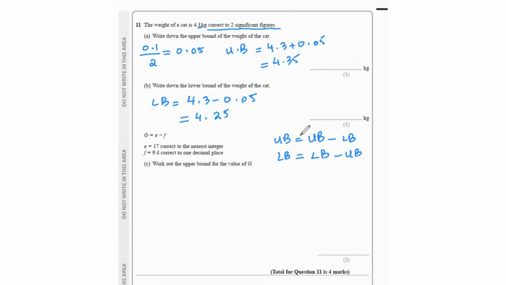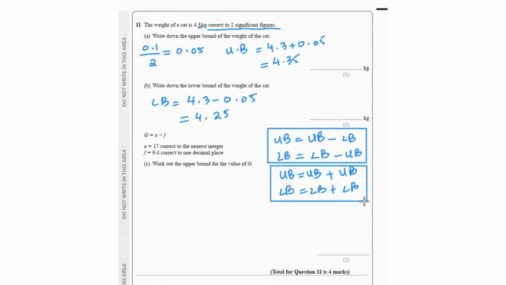If it was addition, then you do upper bound plus upper bound, then it's very logical. And lower bound is lower bound plus lower bound. This is the rule that we follow when we're trying to find the upper bound and lower bound in addition and subtraction. So based on the formula that they've given to you in the question, you just write your cheat